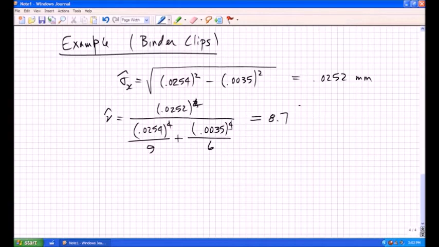I'm going to take that approximate degrees of freedom and round down to 8, and I'm going to then make 95% limits